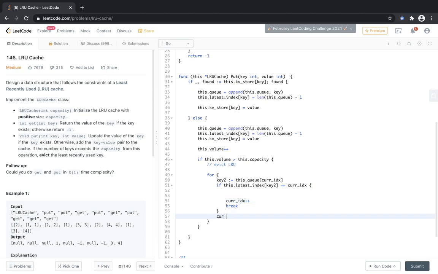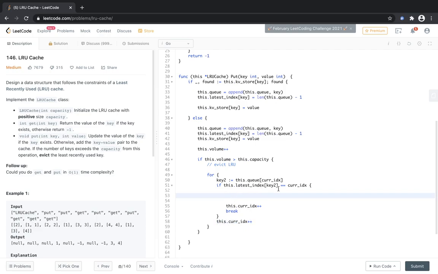And if it is not found, even then we increment the current index. And this is again this dot current index. If the latest index is equal to current index we are done, and if it is not the case we still increment the current index but we are not done.